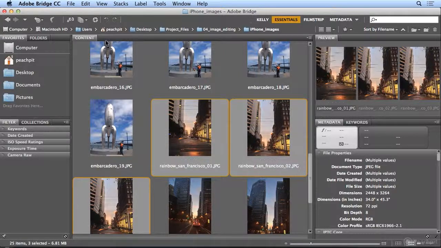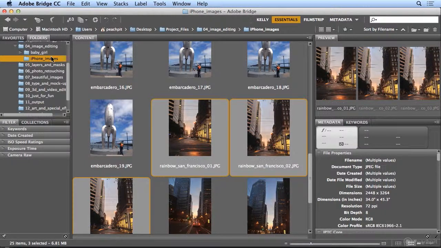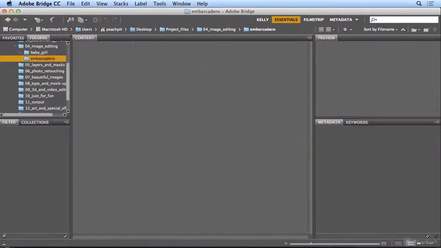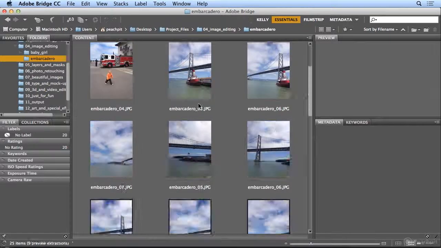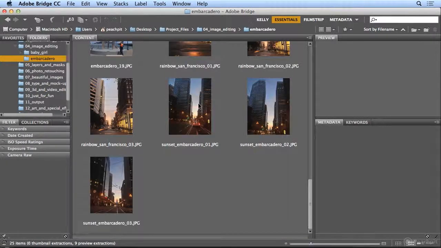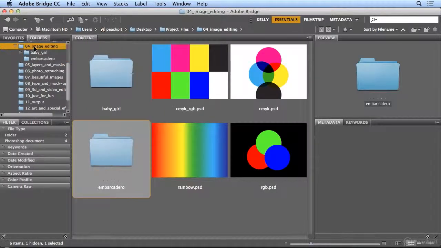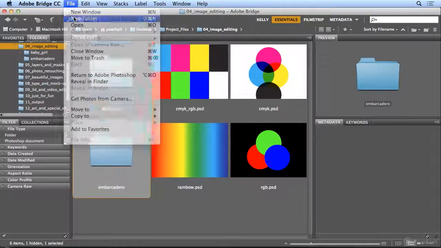I have my own workspace which puts folders in front of favorites so I can see exactly where my images are. And since most of these are the Embarcadero images, I'll click once on iPhone Images and change the name to Embarcadero. And there are 2 that fall in the same category, the sunset and then all the daytime shots. I'm going to make another folder for the rainbow, and I want it to be in the Chapter 4 folder in Image Editing. So I'll click on Chapter 4 or 04 Image Editing, and I'll choose File, New Folder,